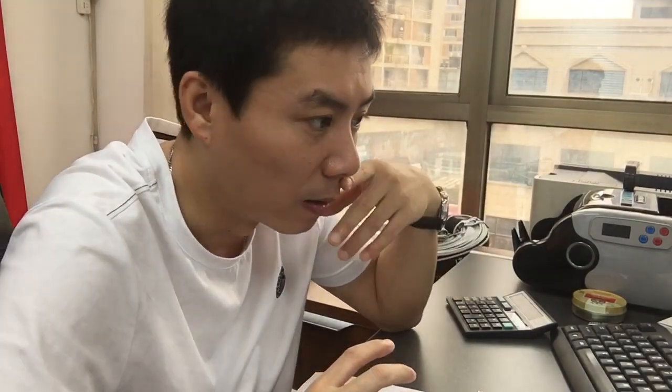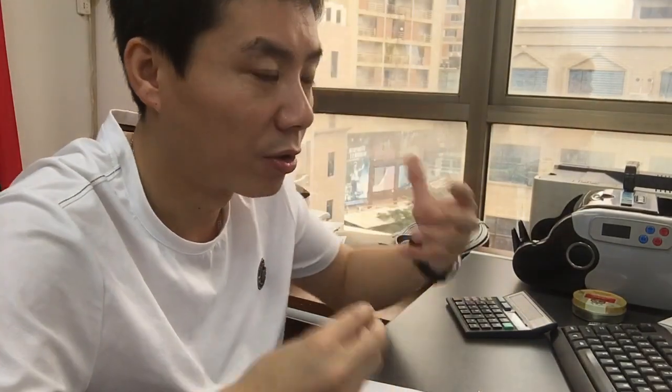Also print labels come in so many qualities. If we choose a very good quality, it's not that bad. Also the print labels are very soft. It's a very soft label. So the difference is